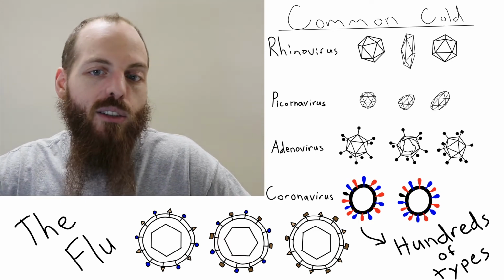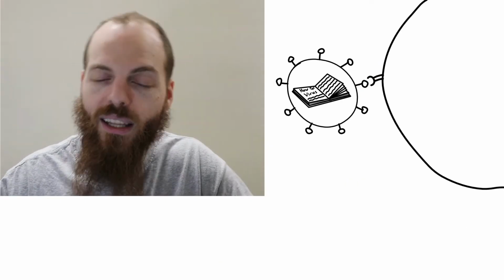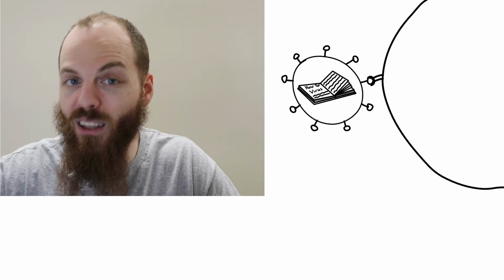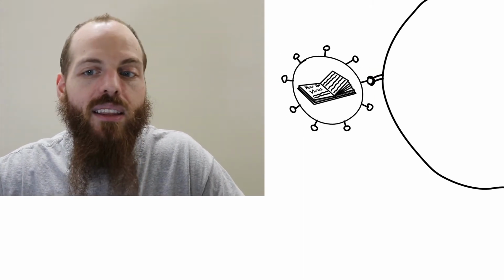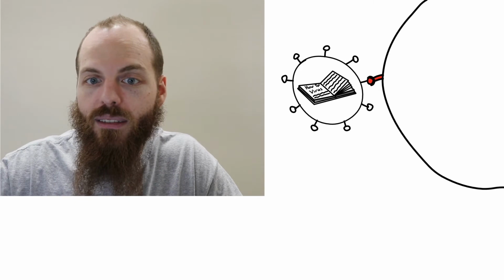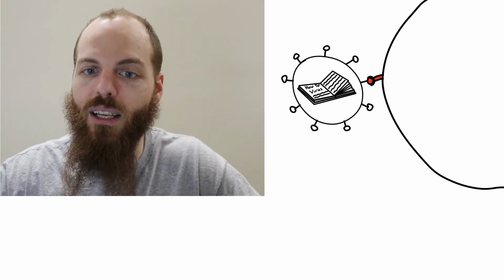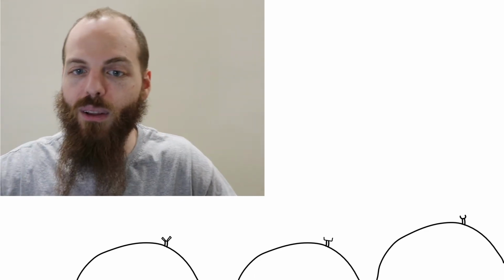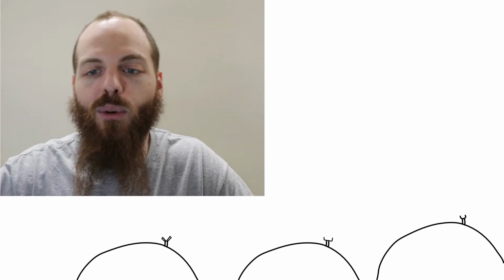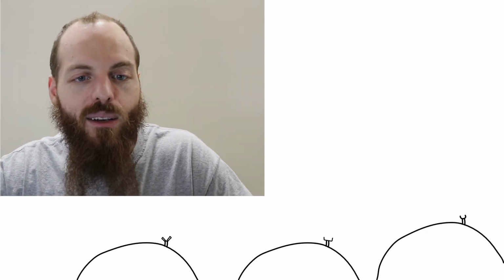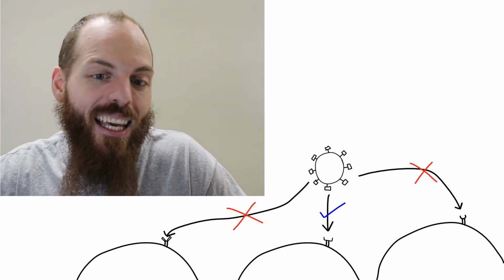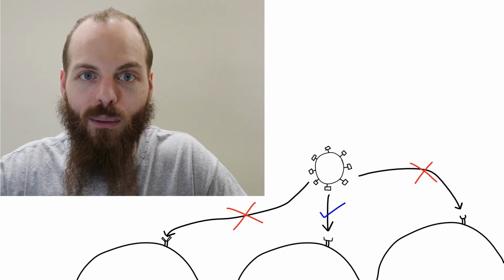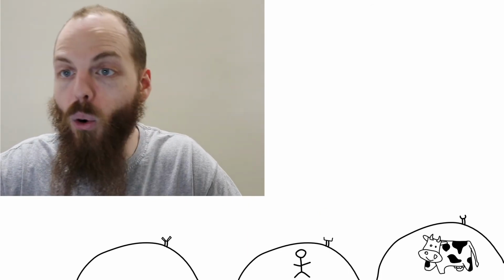So remember how we talked about the shapes on the outside of your cells and on the outside of a virus, and how they need to match in order for the virus to get inside? Like a lock and a key. All living things are different. They have different shapes on the outsides of their cells. It's basically like how all the different houses on your street have different locks, and all the different units in your apartment building. The viruses can only infect a cell if their key matches. So most viruses only infect one kind of organism, like a human or a cow or corn.